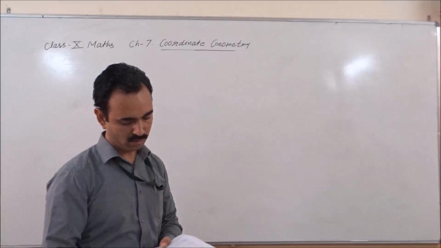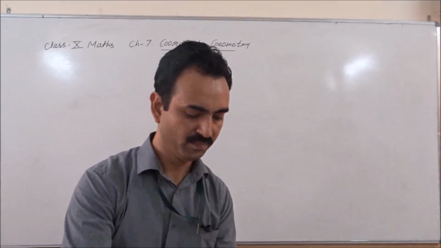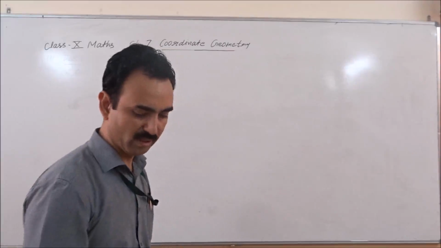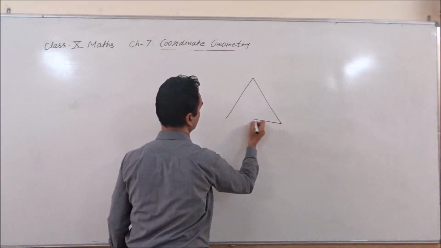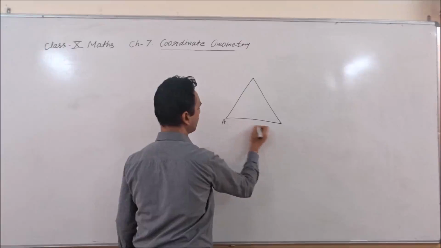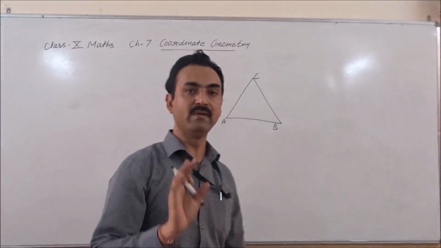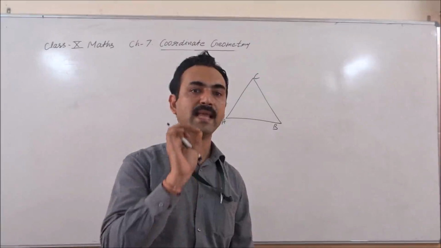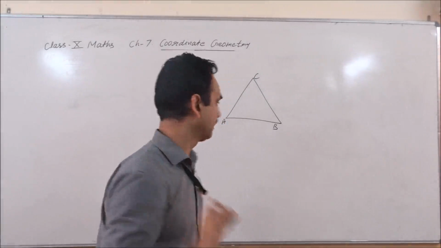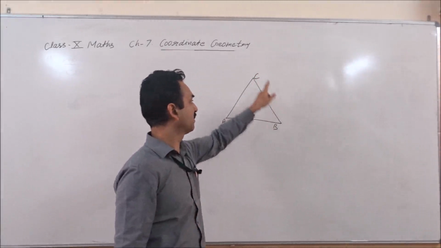To understand this one, we have to understand that this is a triangle, and it may be any type of triangle that we have to find. Remember, whenever you are given 2 or 3 or 4 coordinates of points, you have to follow that sequence: A, B, C. The first point will be here, the second here, the third here.